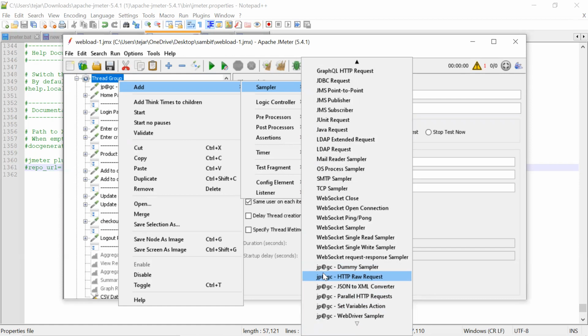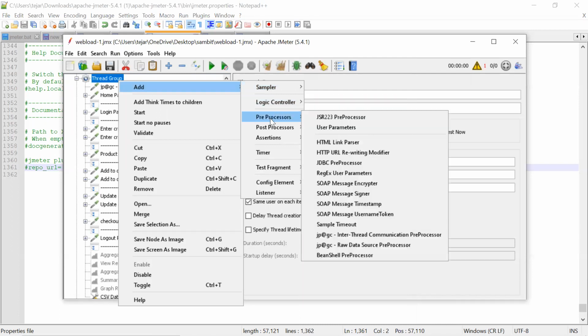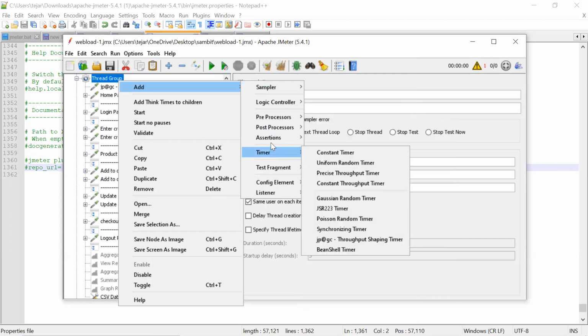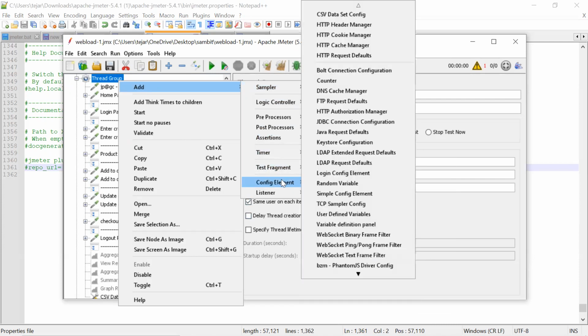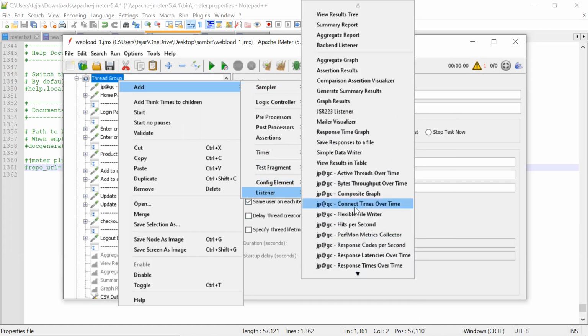JP at the GC means the earlier definition of JMeter plugins at the rate of Google. That's earlier. Now they kept the same thing to avoid any confusion. For every component you added, you might see this. So we should have an idea of which component could be there. Mostly, for every component, you will be seeing this JP at the GC.